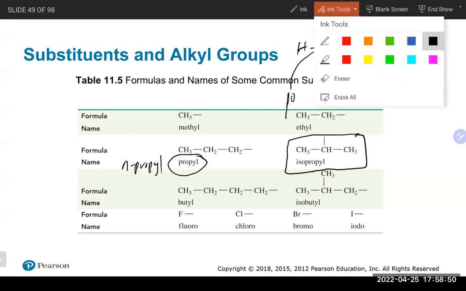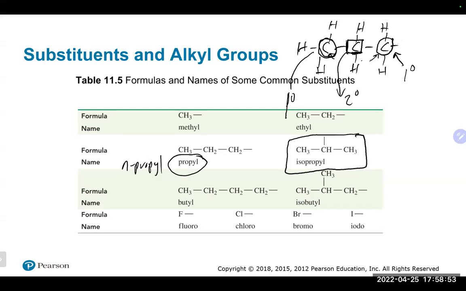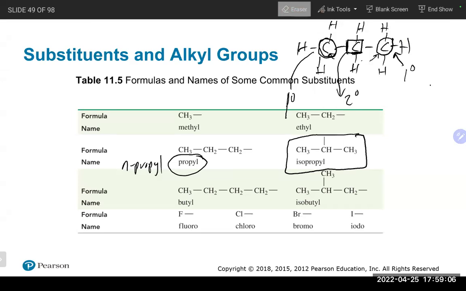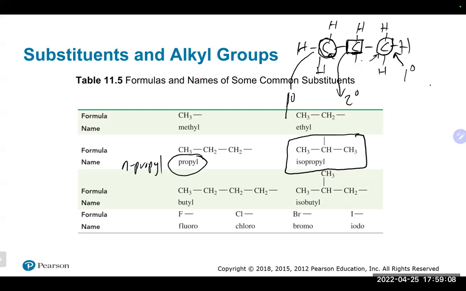Now, if the attachment or the loss of the hydrogen doesn't come from our primary, but actually comes from our secondary sort of carbon, then we get that isopropyl group. So if we took off this guy off our secondary carbon, that is where the attachment would go. And if you look to the left, that's CH3, CH in the middle, and CH3, which is our isopropyl group. So by having it attached at the secondary carbon, it's sort of a historical name known as isopropyl. And that's where some of these names sort of come from.